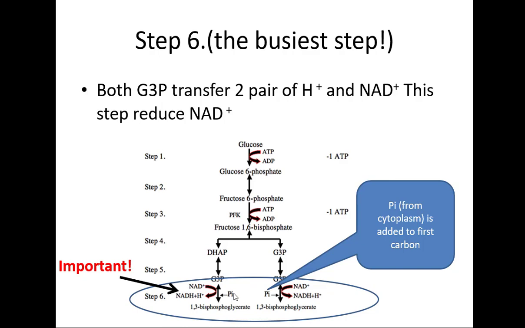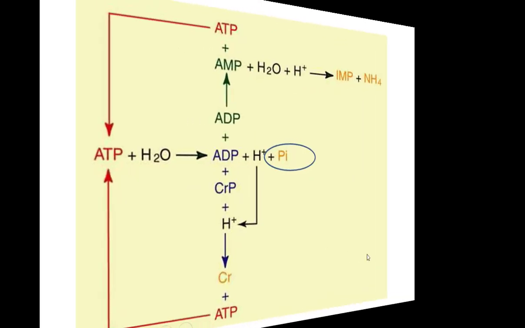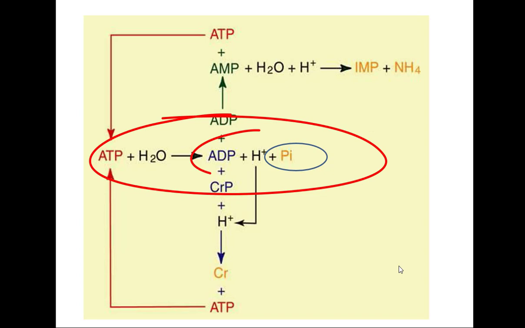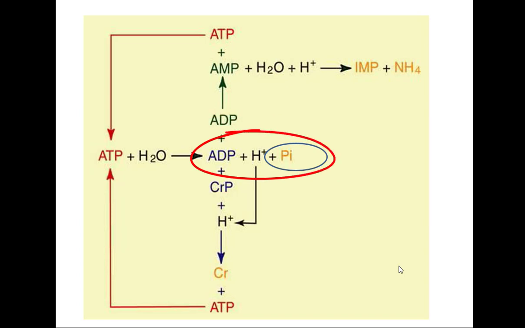But actually, can you guess where this inorganic phosphate comes from? Here. During ATP hydrolysis, ADP, proton, and inorganic phosphate are the products of ATP hydrolysis. At low exercise intensity, it goes to the mitochondria, right? But how about relatively high exercise intensity? In that case, inorganic phosphate accumulates. This inorganic phosphate can be a substrate for glycogenolysis, as well as go to step 6 of